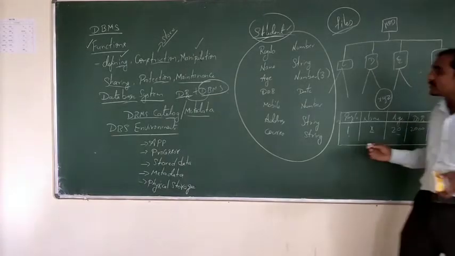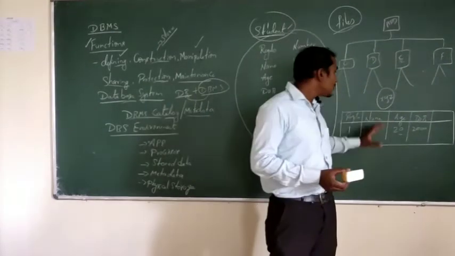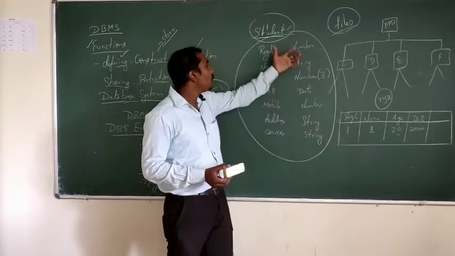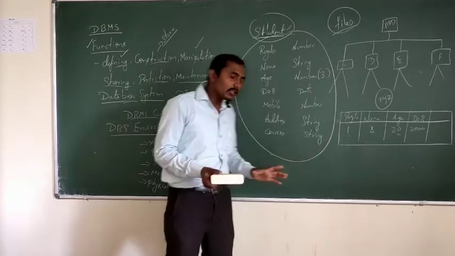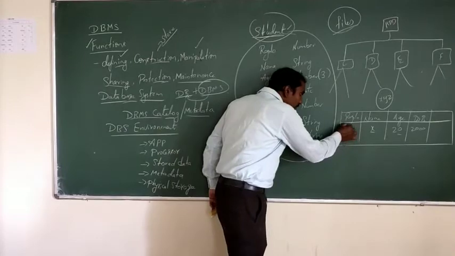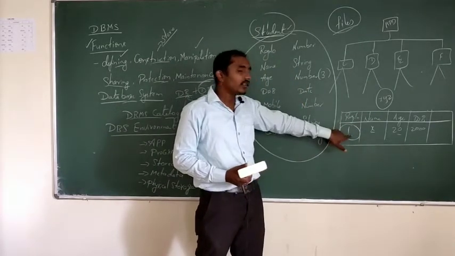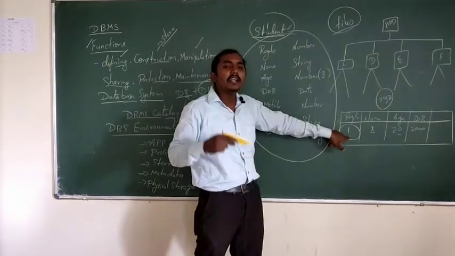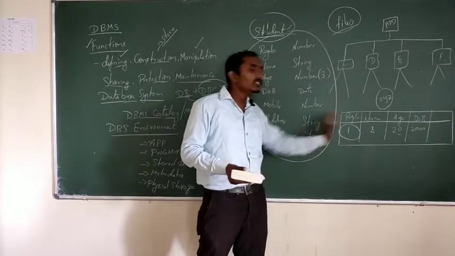All those details, that is the structure of the table, the details about that particular table will be stored in the form of data of that data. That is nothing but metadata. So we are going to have information about this data. What is the information about this data? Nothing but what is the data type of this particular data, how many characters you are going to store. Those details are nothing but data of this data.